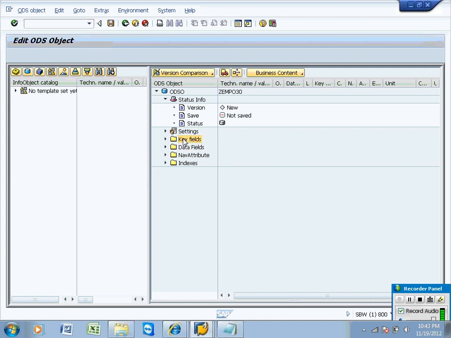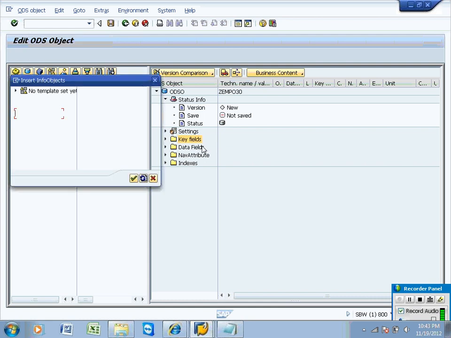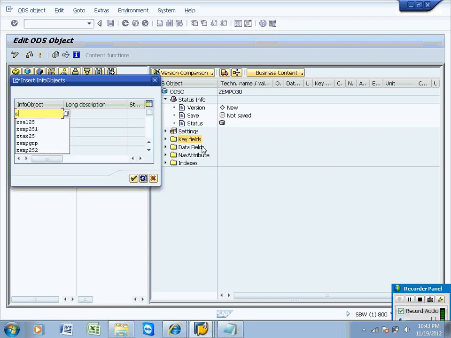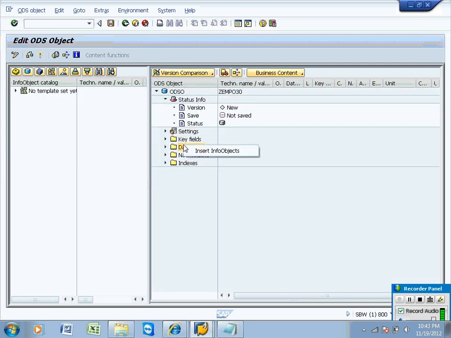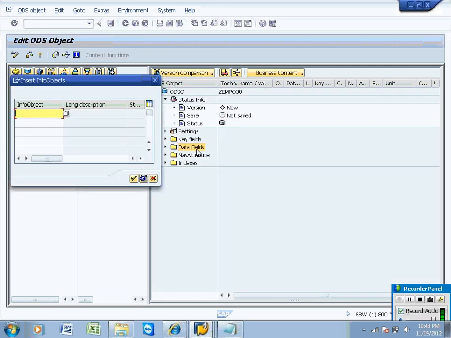Now I would like to insert an info object, ESPL 30, as a key field. You are with me, right? This info object I am now inserting as a key field. Tell me the data field. Add 30. Enter this information.